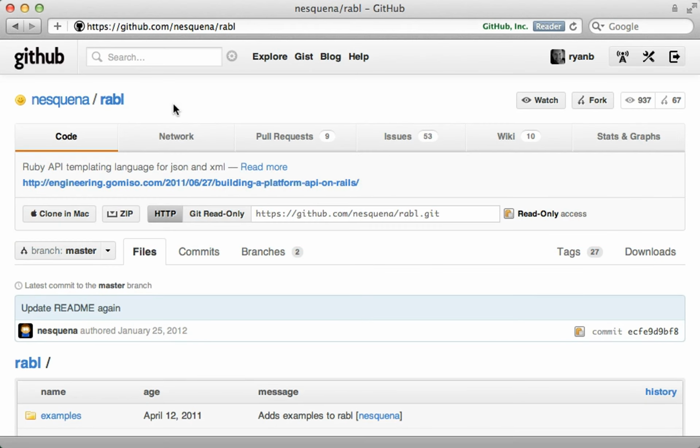There are many ways to customize JSON data that is returned in a Rails application. You can override the asJSON method in a model, or use the JBuilder gem like I showed you last week. Another popular solution is the Rabl gem, and that stands for Ruby API Builder Language. It's a little more feature complete than some of the other solutions, so let me show you how it works